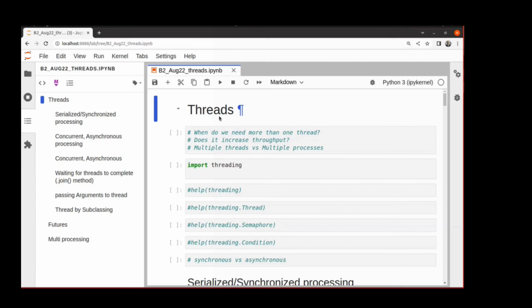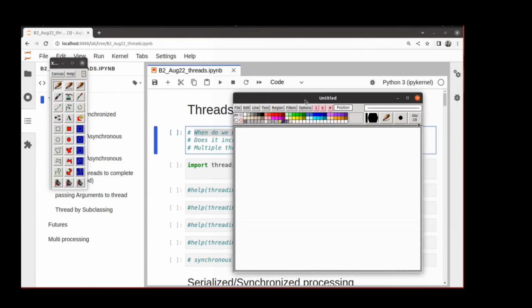Let's focus on threads. The first question arises, why do we need multiple threads? So we use threads when we want responsiveness on multiple interfaces. For example, let's say this box is my process, and I might create a thread which is interacting